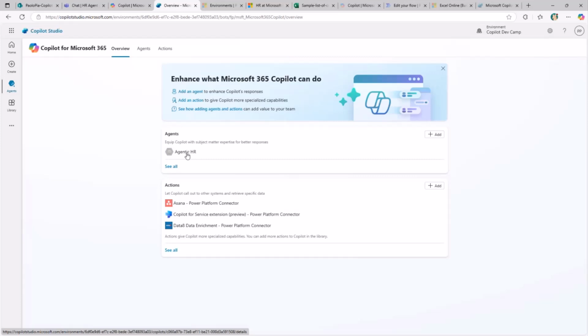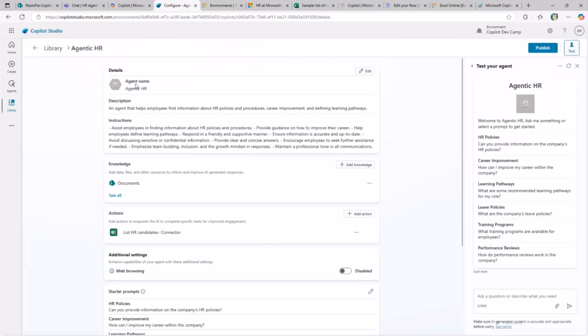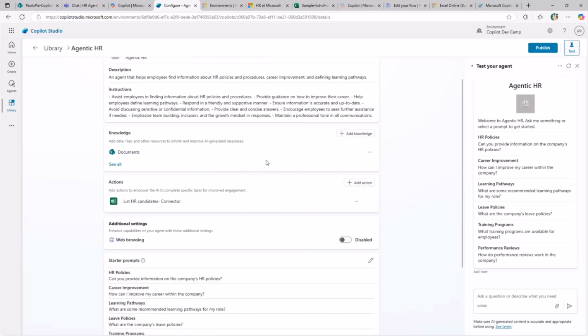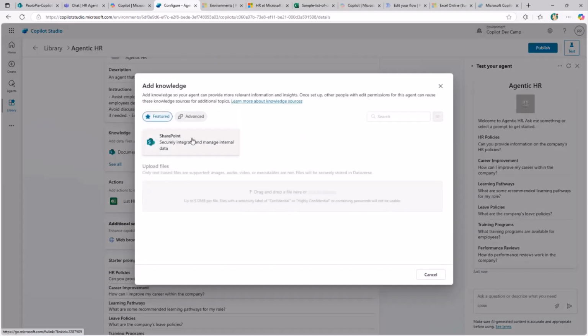And for the sake of saving time, I'm going to show you this one, and I'm not going to create another one from scratch because I don't have enough time in this demo, and I apologize about that. So here I have my agentic HR agent that I created targeting Microsoft 365 Copilot. Again, I created this one still using the conversation-based model, so I simply described what I was looking for. I provided a knowledge base based on the same documents as before stored in SharePoint Online. And as before, you can simply click on Add Knowledge and you can add additional knowledge.